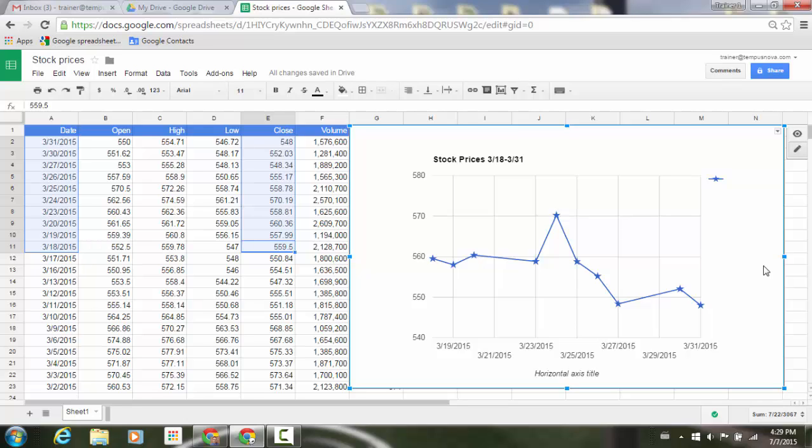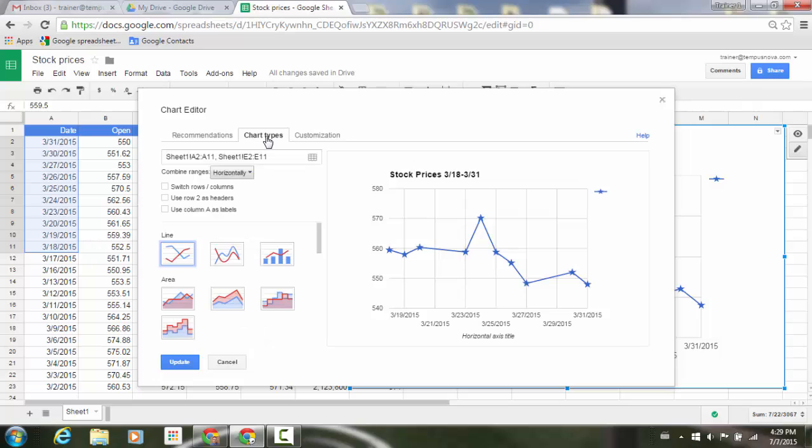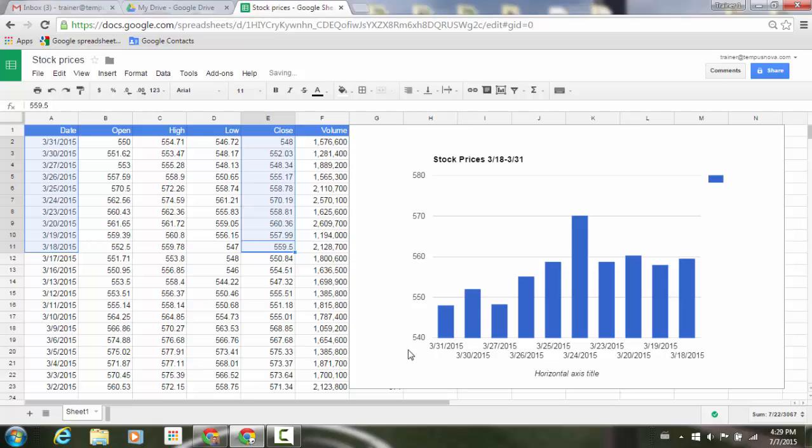Now let's say, for example, I want to change this up. I'm going to go back to my advanced editor, and instead of this being a line chart, I'm going to go back to chart types and I want to do a combo chart, which is basically going to be a bar chart here. So I'm going to use my bar chart and click on update. And one of the other features that's now been added to your charts is not only shapes and symbols for those data points, but with data labels, you can now put exact values of those bars and points